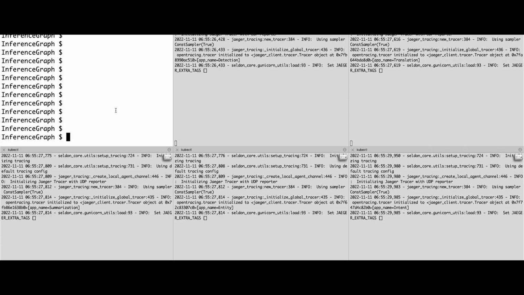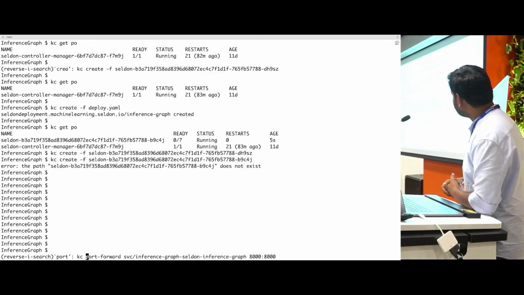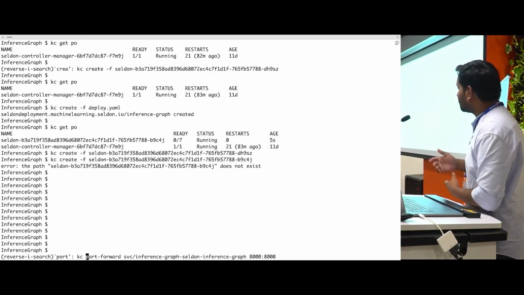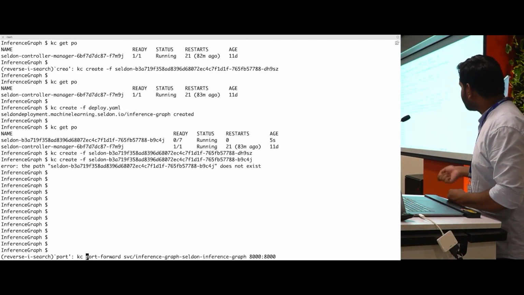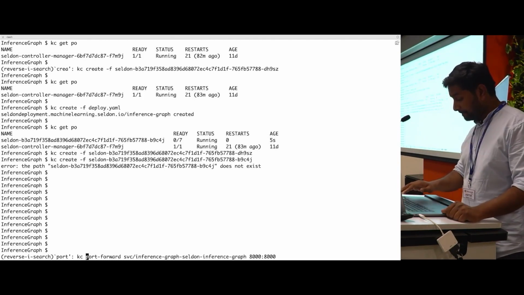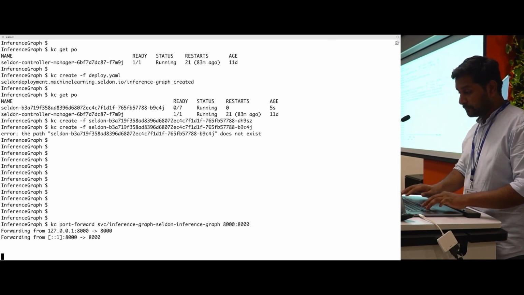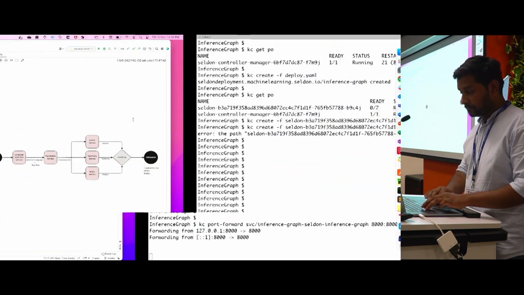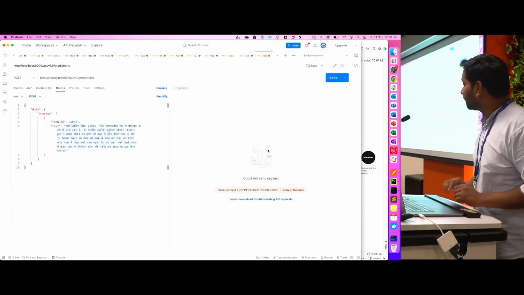I'll also have to do a port forwarding, because we want to send the traffic from the browser, or from the client that we are going to use, to one of the ports of this Kubernetes cluster. That's why I'll have to do a port forwarding. The port is also mapped. Now, if you go to Postman, which is a client to send the request,